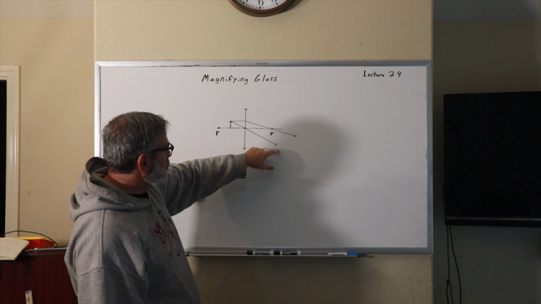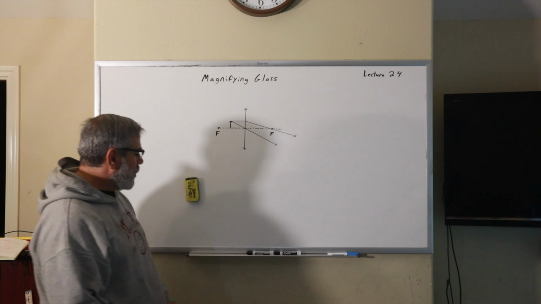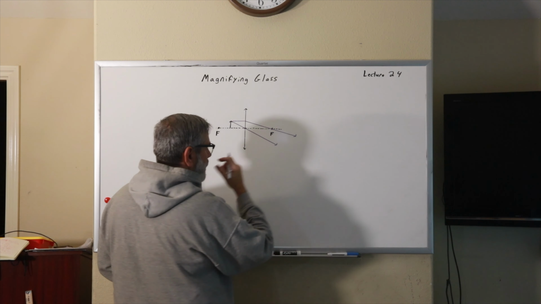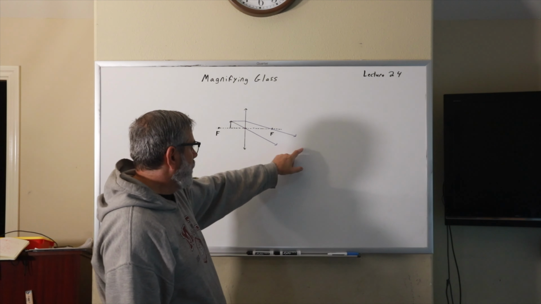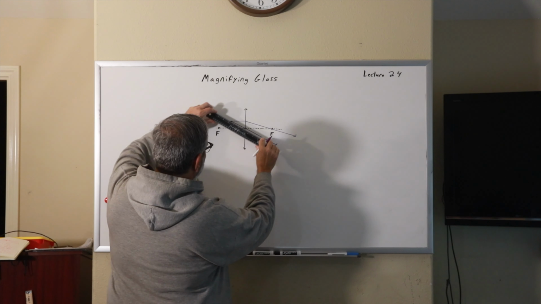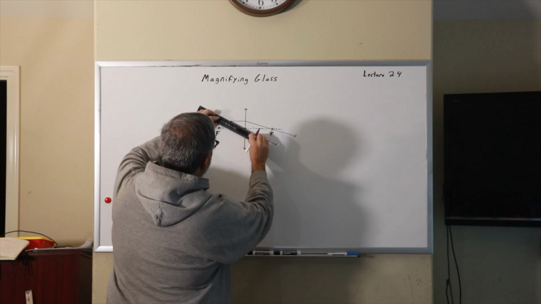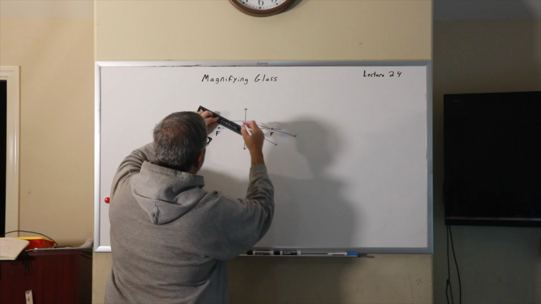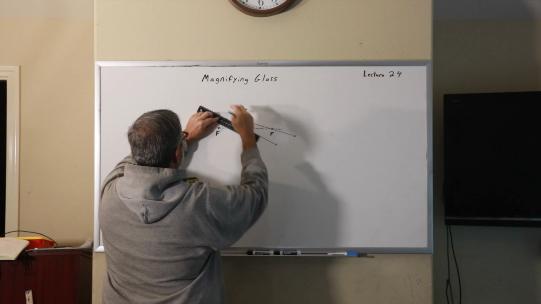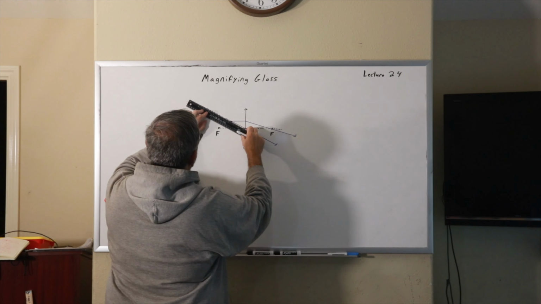And you can see that these two rays are never going to cross. They're obviously diverging. So where's the image? These are never going to cross, so we're not going to get a real, inverted image over here. So where is the image? Well, what we can do is take these rays and back propagate them and get a virtual image, which is going to form back here somewhere. Remember, dotted lines mean virtual rays,